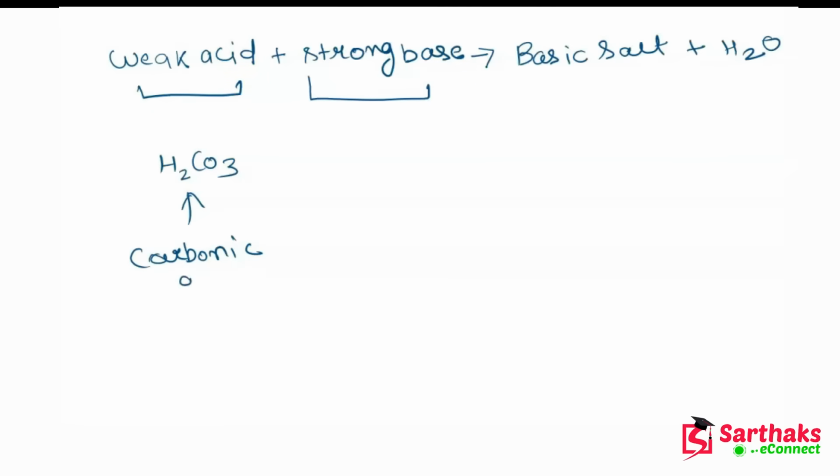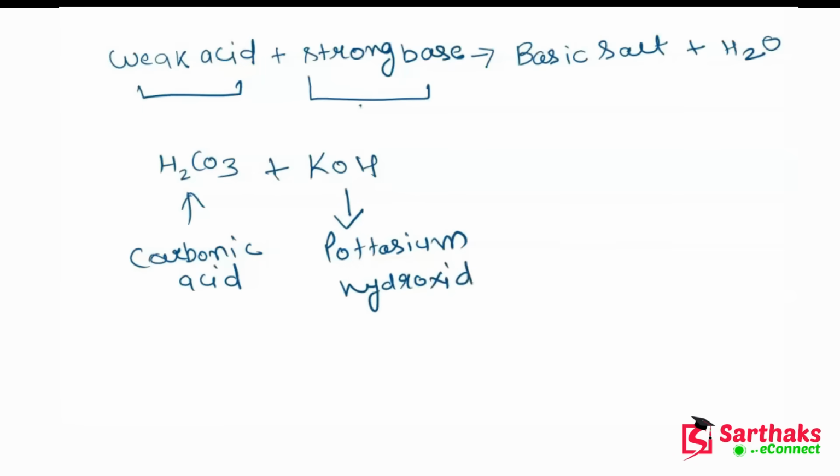And when this carbonic acid reacts with a strong base, let's suppose I'm taking KOH, that is potassium hydroxide, and this is an example of a strong base. When the reaction takes place between these two, it will produce K2CO3, which is a salt,